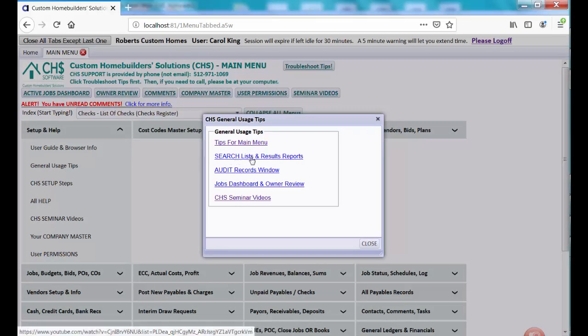And then the very next video that I'm going to do is a quick overview of how you search lists and print reports that are results of your search. And I'll introduce you to how we are tracking changes, edits, various things that happen to your records, and storing a record about it and who made the change and when they made the change. And then a little more tutorials about job dashboard and owner reviewer here, just for general usage tips, because those are sort of overall. And then I mentioned the CHS seminar videos again,